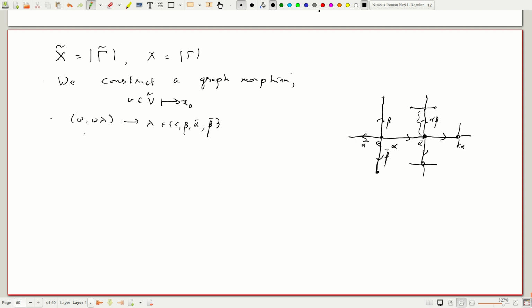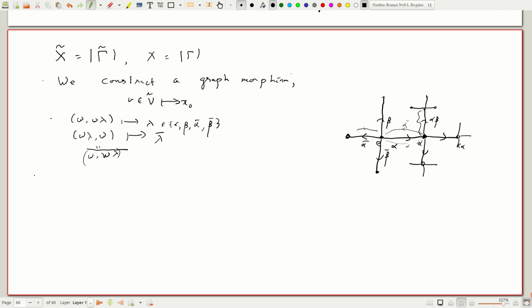And of course that will also force the reversed edge (W lambda, W) to map to, well, let's see, W lambda bar. So this is going to map to lambda bar, and that's natural because if you go towards the origin, this edge is going to be alpha. The edge going outwards here is going to map to alpha, and this edge going backwards is going to map to alpha bar. So the labels are exactly what you are mapping to. On the other hand, if you go outwards in the alpha direction, you map to alpha bar, and you come back across that, you map to alpha. Okay, so this gives us a map.